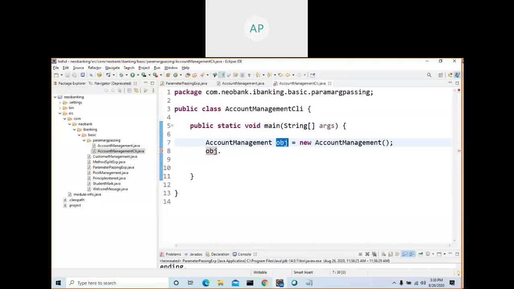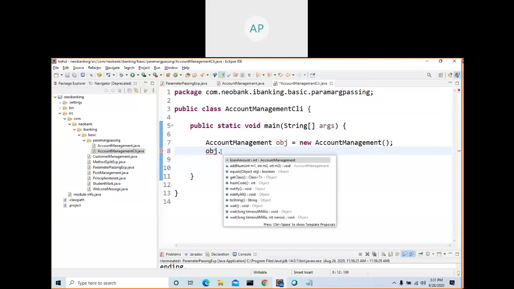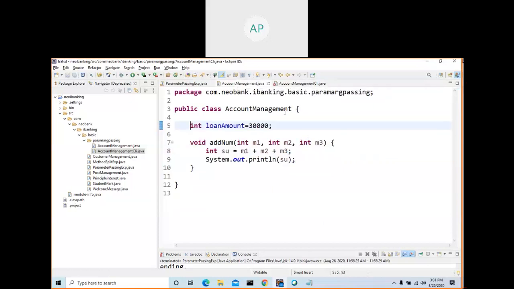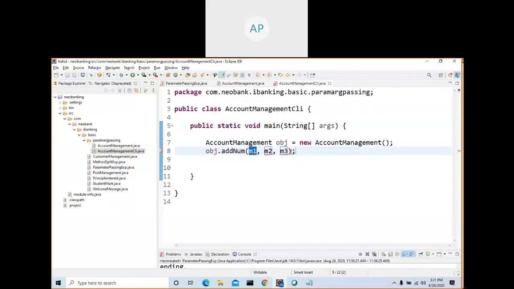If you ask what is an object, this is a memory area which contains this class code and variables with values. Now if you want to access a variable or a method in the object, you use the reference variable dot, because that object contains all your methods and variables, right? So how many arguments are in that method? One, two, three. So you need to pass three values. If you call with empty, you are getting an error.